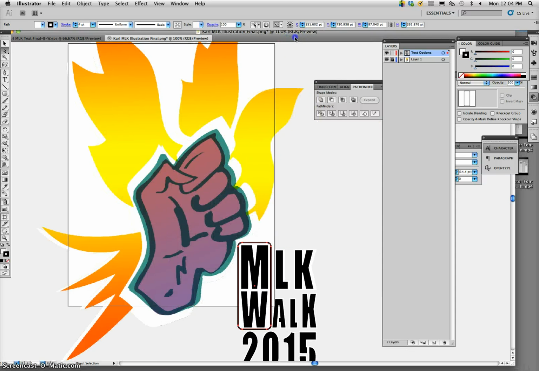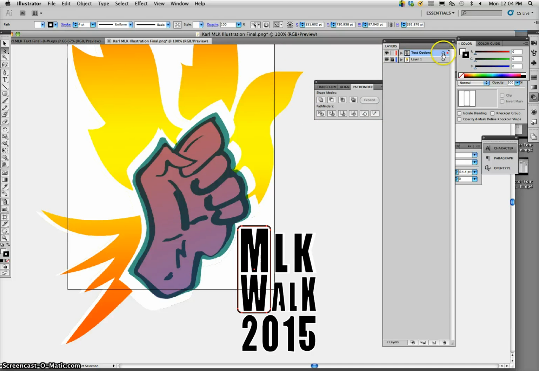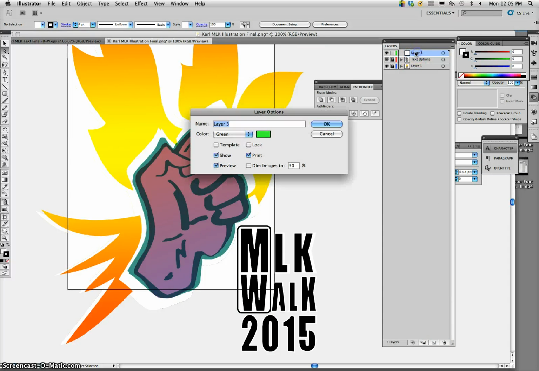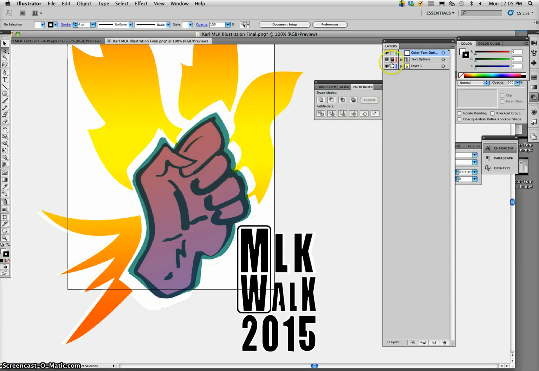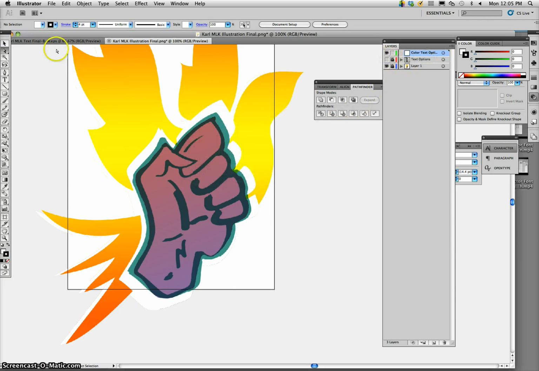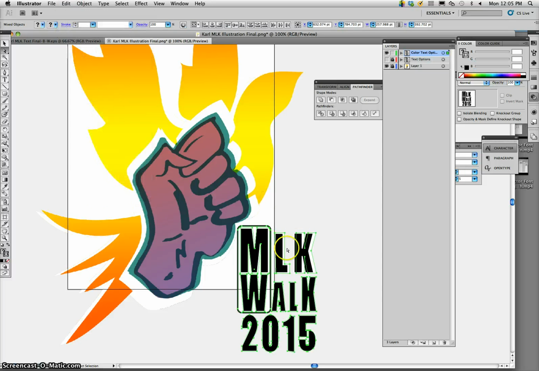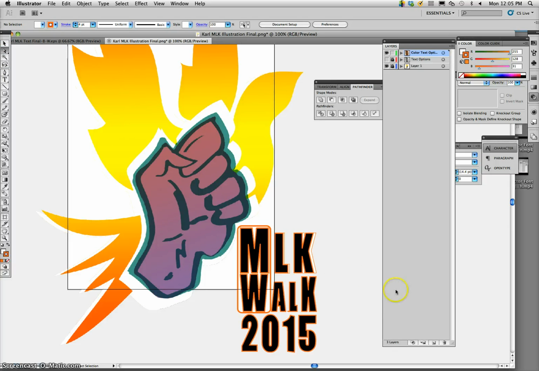And now I'm going to make a copy of it again. That's my black and white version. I'm going to call this color text options. Turn off the black and white, paste in place again to give myself one to play with in color. Now the first thing I can do is I can pick a color for everything. I can even do a gradient if I want. So maybe I want this kind of orange to yellow gradient. Right now I just have orange, that's what it looks like. But if I do the orange to yellow gradient on everything,